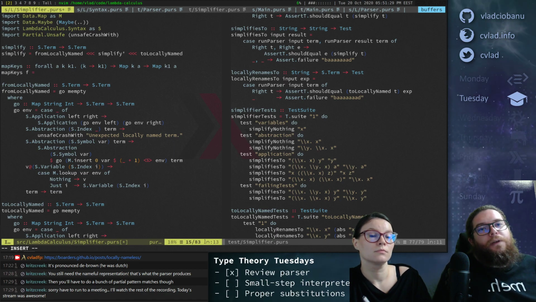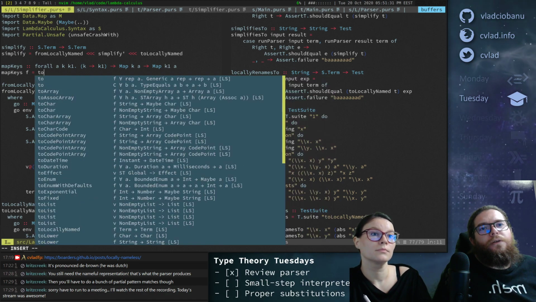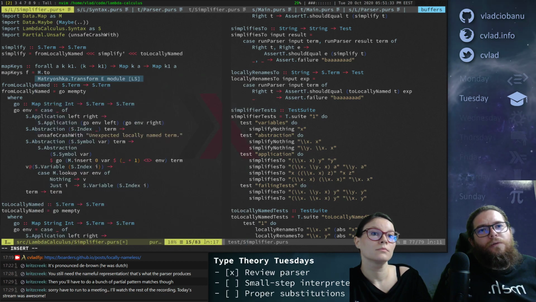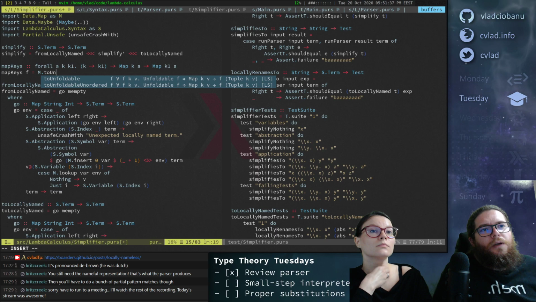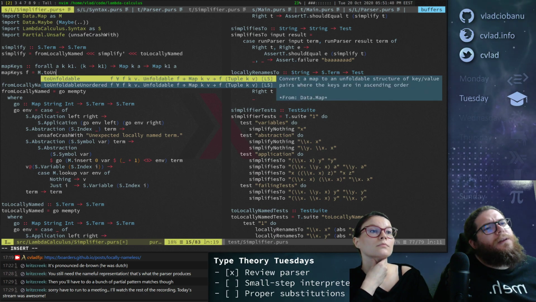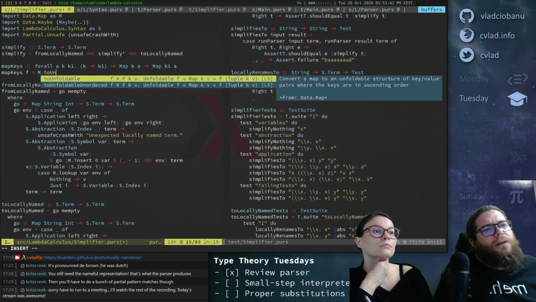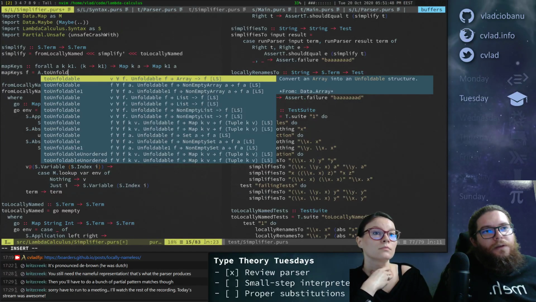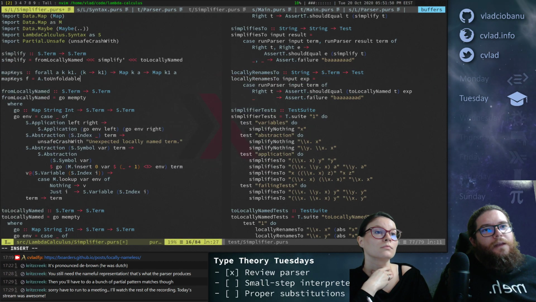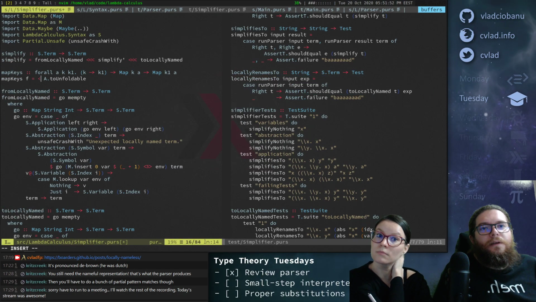F, right? And then we go to like m dot to unfoldable. Yeah. I guess we should do array dot to unfoldable. Okay, and then we get like an array of tuples.